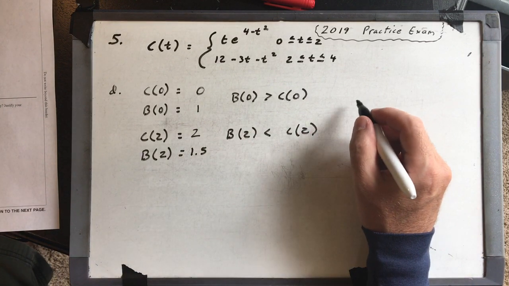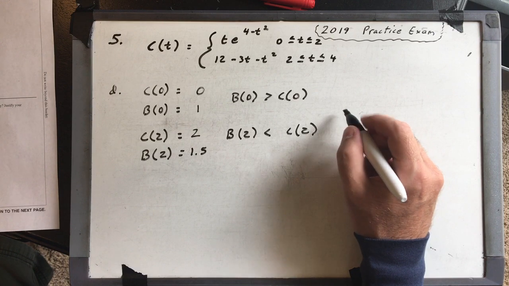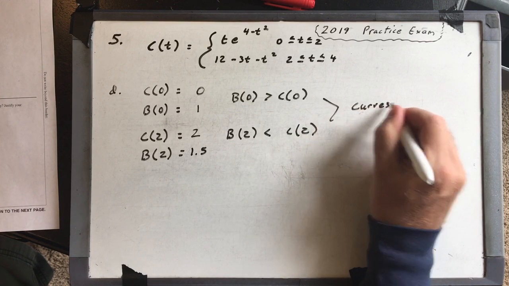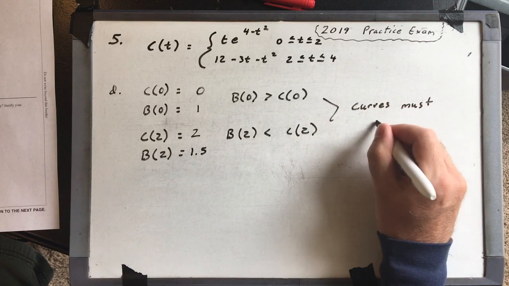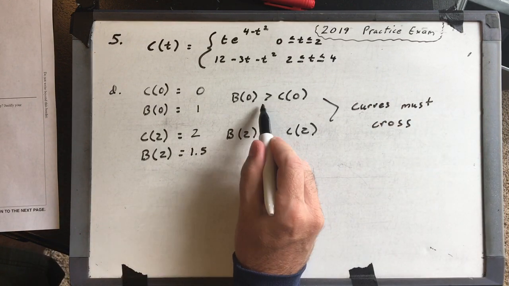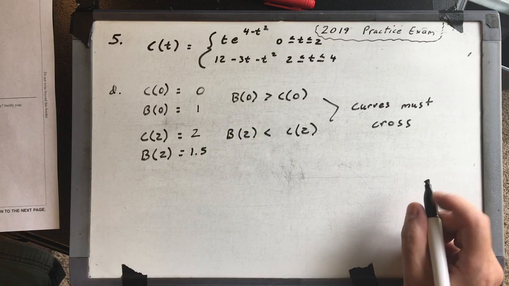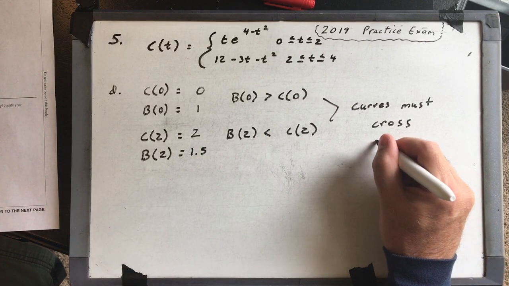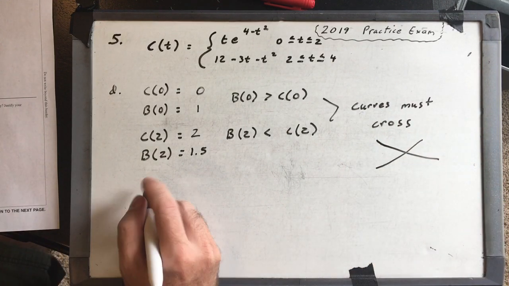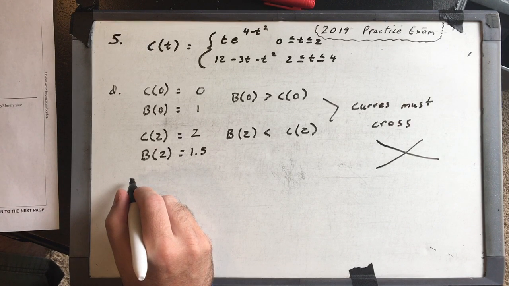So in this case, somewhere they must cross. If b of 0 is bigger than c of 0, what you're looking at is something like here's b and here's c going up, so somewhere they must cross. So the answer is the intermediate value theorem